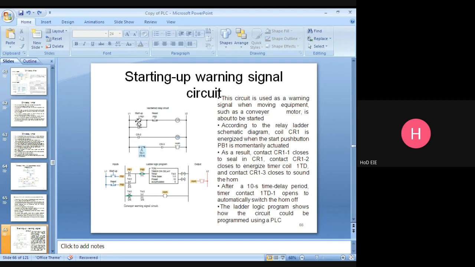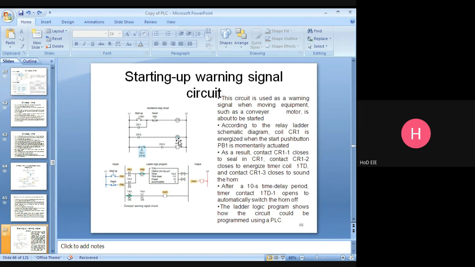Even though this one is open, CR1 seal-in CR keeps this one energized.